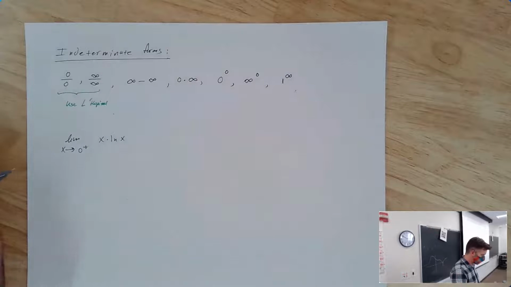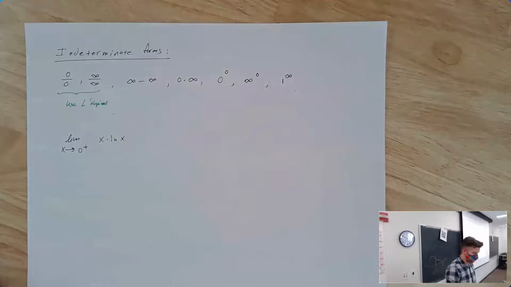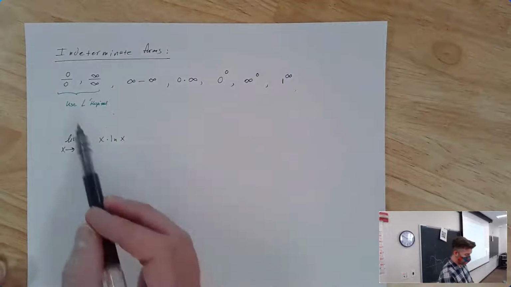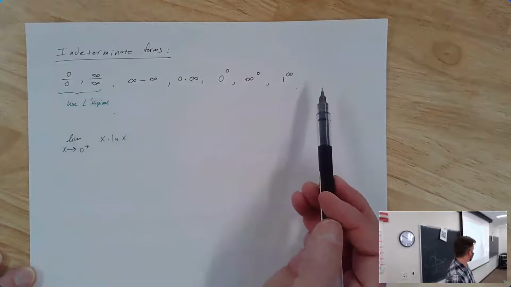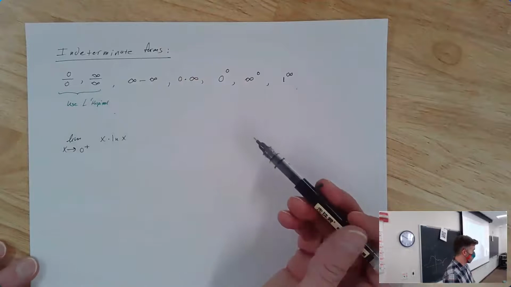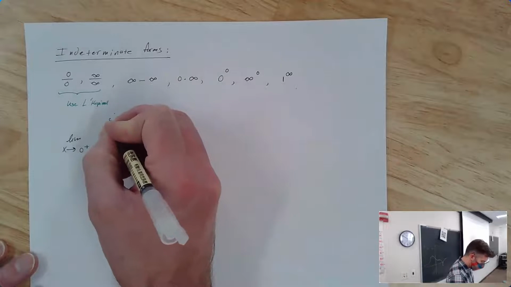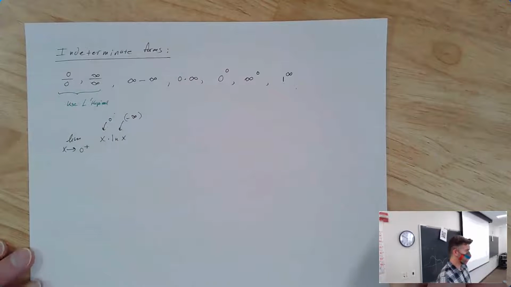Every time you're dealing with something with L'Hopital's rule, or something you think might need L'Hopital's rule, you have to make it look like a fraction. So what I should back up and say is, whenever you see any of these types of indeterminate forms, you're probably going to need to use L'Hopital's rule eventually. This is definitely a 0 times a negative infinity, because as x goes to 0 from the right, natural log goes to negative infinity.